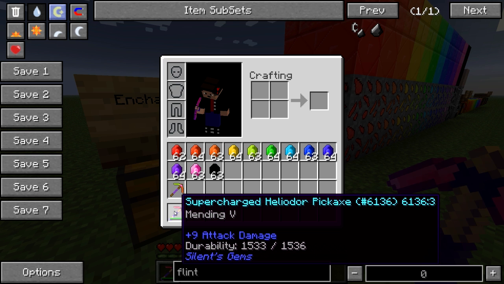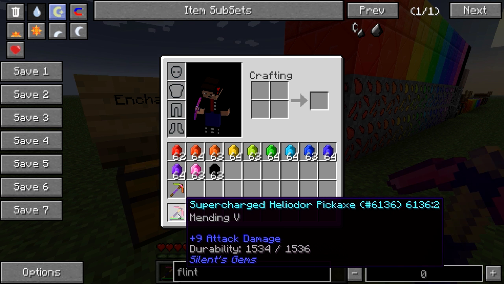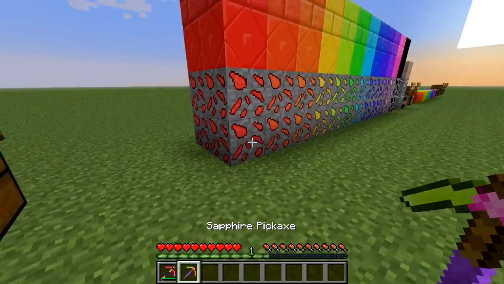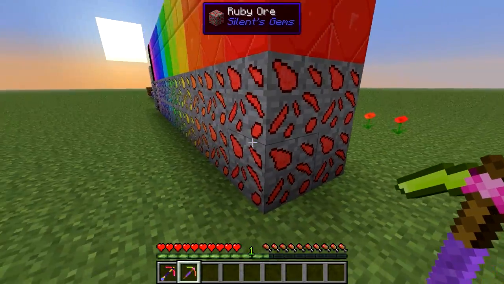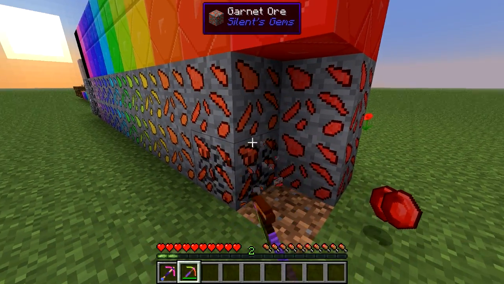And we can see it repaired a little bit just a moment ago. And it's very random. Sometimes you'll get a lot of repairs in a quick amount of time, sometimes you won't. Another interesting thing I forgot to mention about the recipe to decorate tools is that they will also repair the